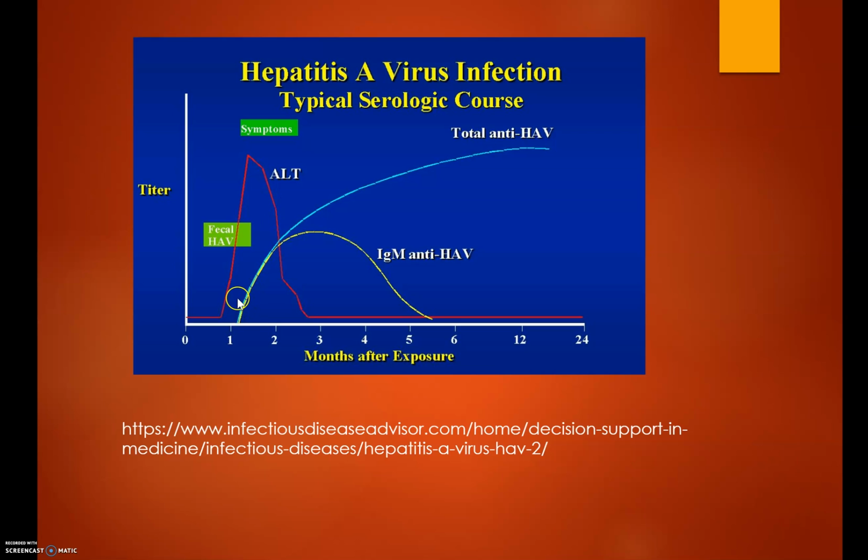But you can see once your symptoms start, you do start to get those IgM antibodies, which do test for recent infection. They tend to fall about 5.5 to 6 months post-infection. However, there is the IgG antibody, which is present with any past infection, or if you get an immunization, that's what they check for in the titers. After infection, you do have a lifelong immunity to hepatitis A virus, as you can see in this blue line right here. It is continuing